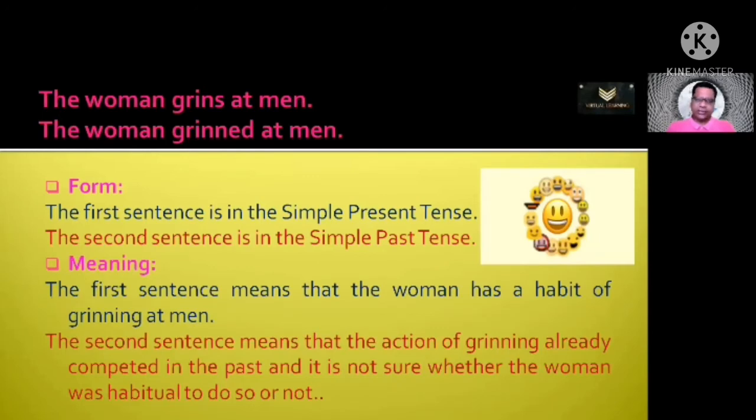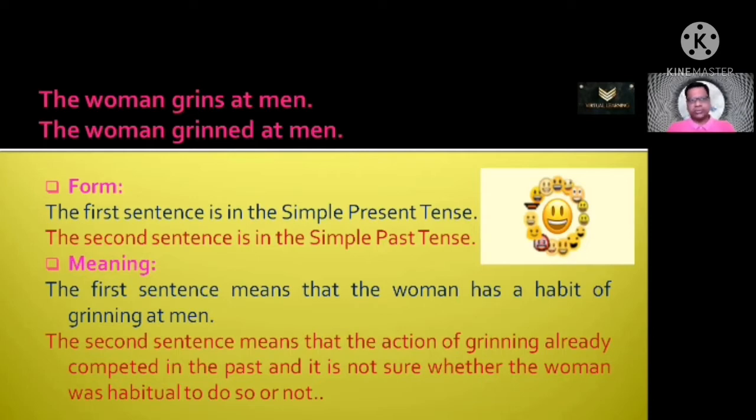Now look at this pair of sentences. The woman grins at men. And another sentence from this pair is: the woman grinned at men. Now look at the form of each of the sentences. The first sentence is in the simple present tense. You can easily make out